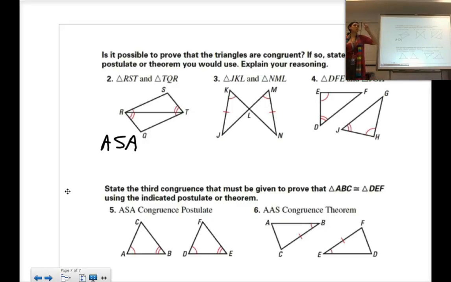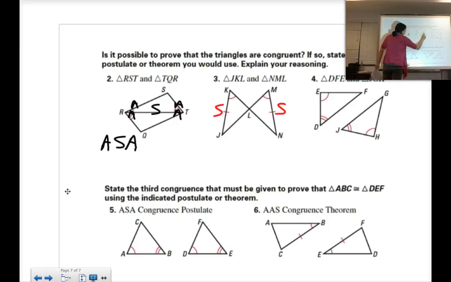So there are 2 situations that you can look at a diagram and pull information even though it's not marked. Right now all I have is an angle, and another angle, and another angle. But I know that that side is congruent to itself, so that's my side. Okay, I'm allowed to do that. The second situation is in number 3. So if you labeled this side, side, angle, angle,